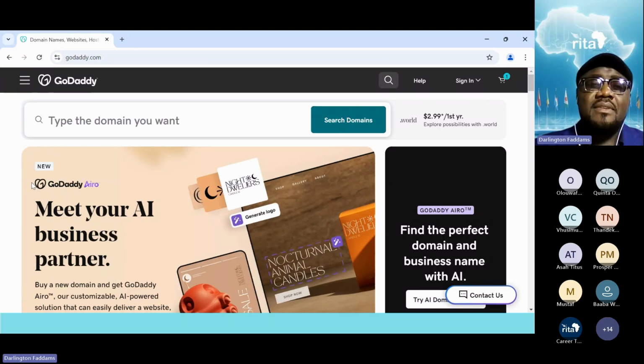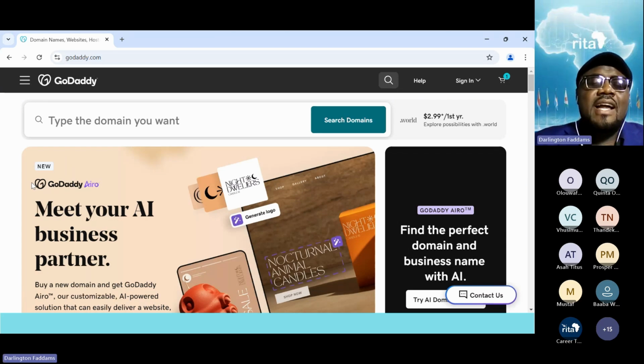Because on the World Wide Web, there are billions of names, and there is a competition of names. Why competition? Because someone may be interested in the name you have, but they cannot get it because you registered it first. And so since the web began, people have been registering names.